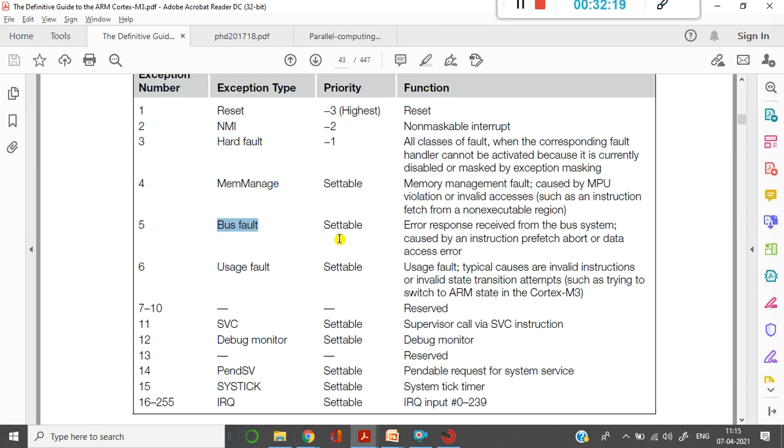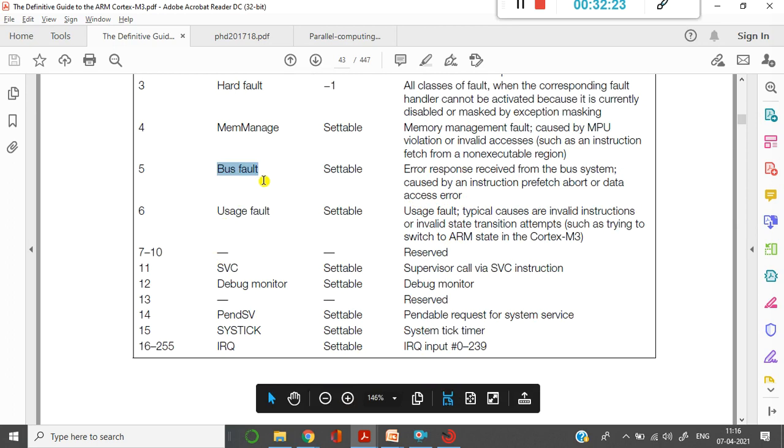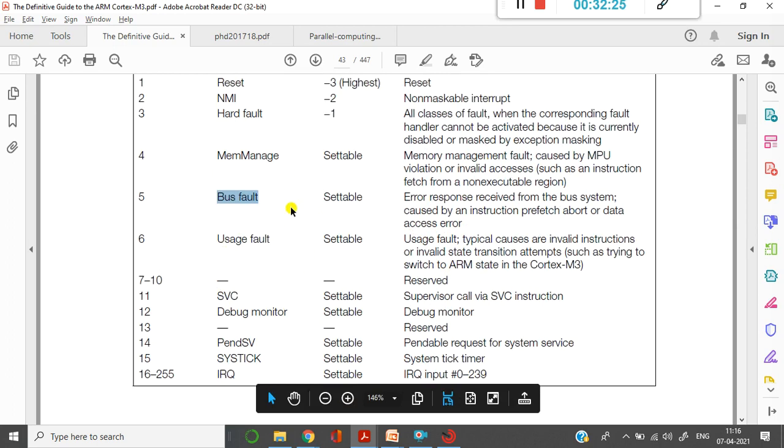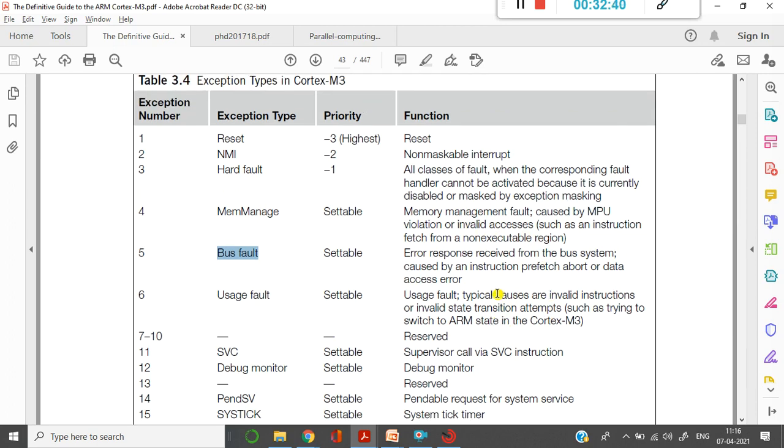So these are the different levels of functions and exception types. Just go through this. It is easily understood by taking the previous explanation. You can go through these functions. If any doubts are there, I'll explain in the next class and we'll move further.